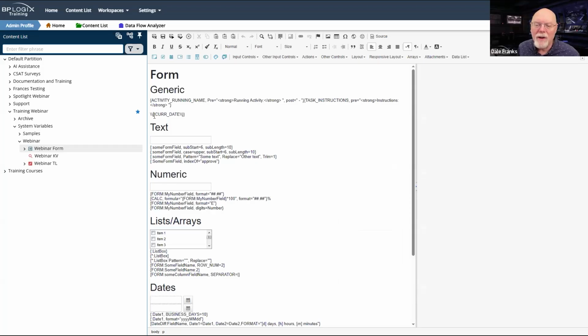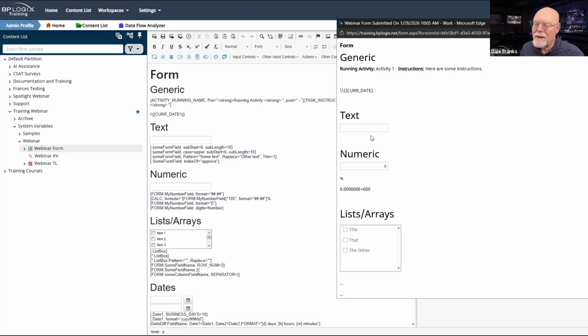What I was trying to get it to do is just show a literal cur date so I could actually see what the syntax of the system variable was. It doesn't quite do that. You still see the escape character, so it's not perfect the way that it works. My memory is that it has never worked perfectly, and it has prompted me to work up a Jira ticket for the engineering team so that I can simply use those two escape characters, that slash slash, to make it work. We may want to change those two characters.